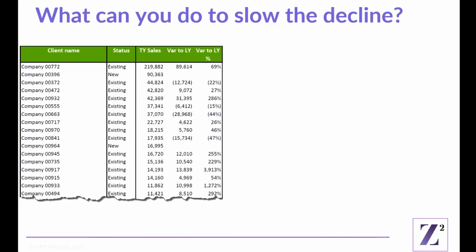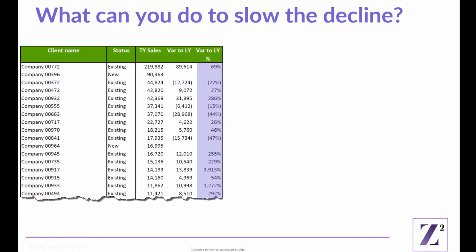So where to focus? At the same time as increasing transaction number and value, what about customers in decline? Anything you can do to slow the rate of change, or better still, change the direction of travel, will help improve your results. Only by analysing the information can you understand and identify opportunities. Do you know which of your customers are in decline? And more to the point, do you know what is causing that decline?